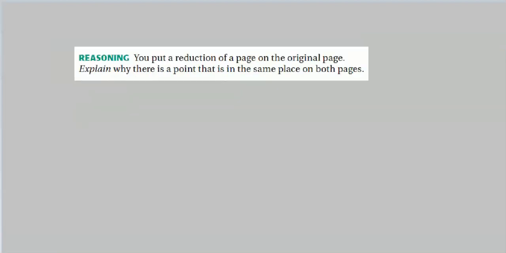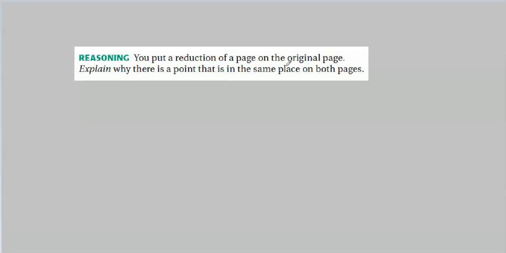Here's one that's pretty simple. It goes back to something we looked at earlier. You put a reduction of a page. Say this is like a 75% or 50% photocopy. Explain why there is a point that is in the same place on both pages. For instance, if you could see through, if you copied on really thin tracing paper, it's probably not possible, but if you do something like that,